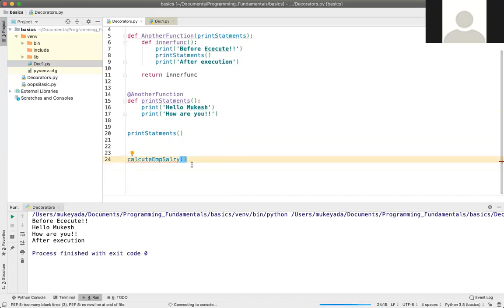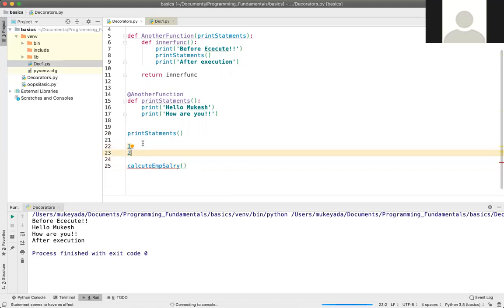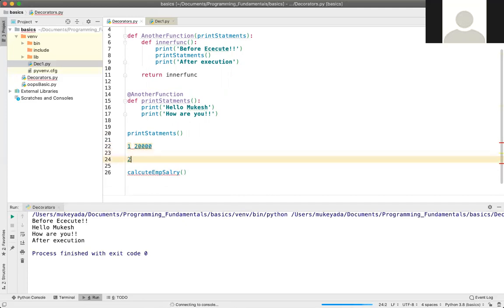According to the department, suppose there are two departments, 1 and 2. Department 1 has a salary base of 20,000, and the second department has 25,000.